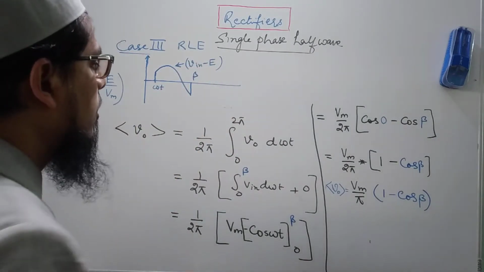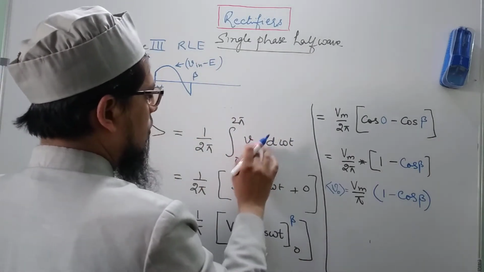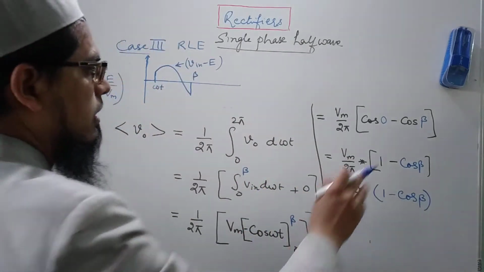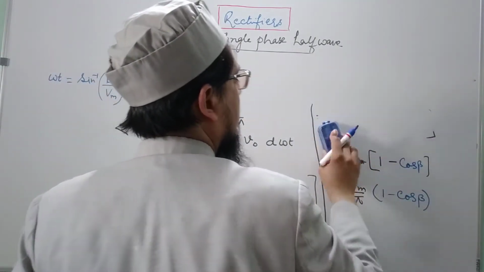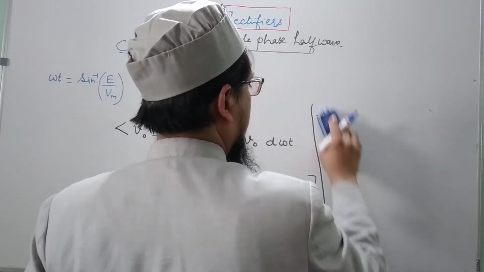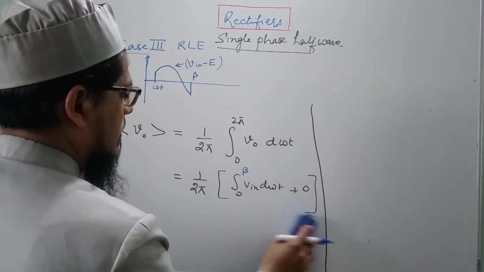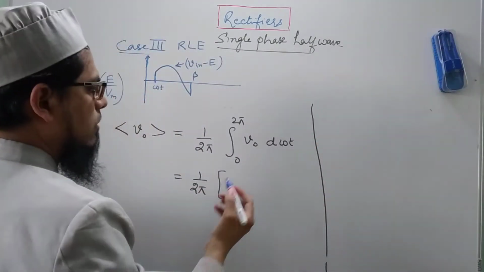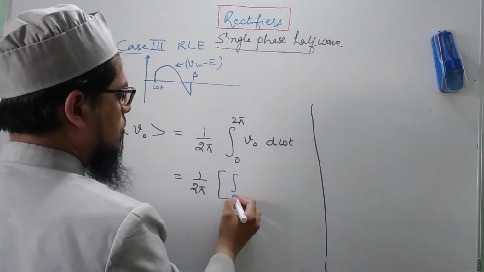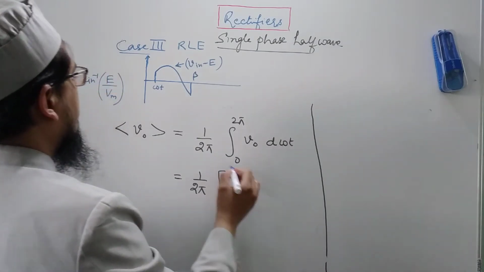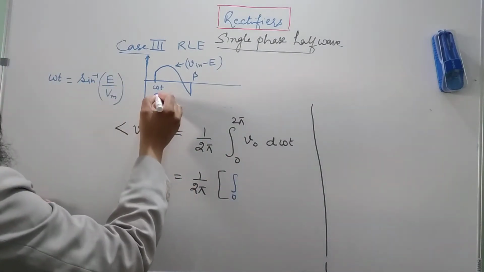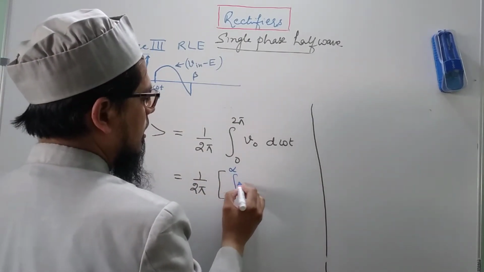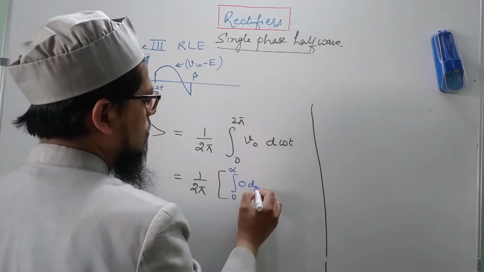Okay, so I have to write here, V naught is okay here, but here I have to make the changes. So let me quickly erase this. So here I have to write from 0 to this value, let me call it alpha, this omega t be alpha. So 0 to alpha, and the output voltage here is 0, so 0 d omega t,